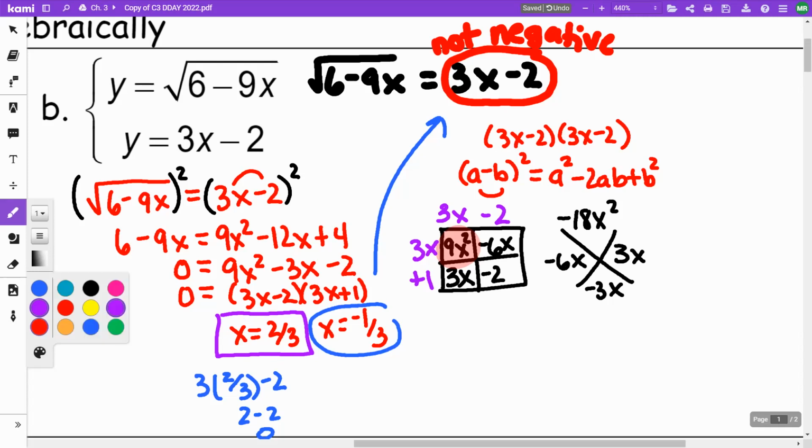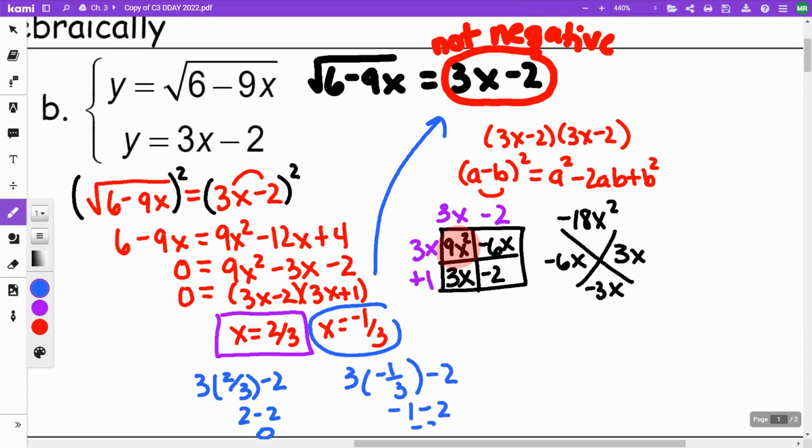When I put the other one in and I go 3 times a negative 1/3 minus 2, that's going to give me a negative 1 minus 2, which is a negative 3. So that one is not going to be an answer. So 2/3 is the only answer. The other answer we call an extraneous solution. Okay, on